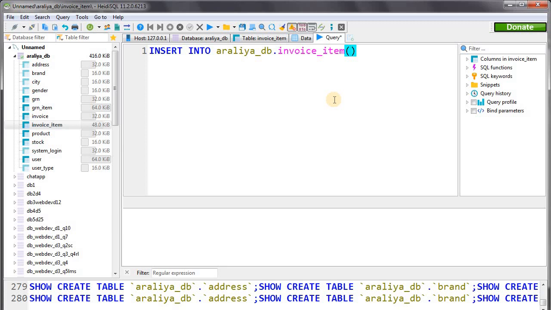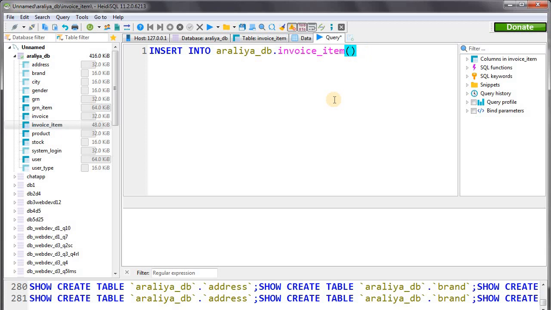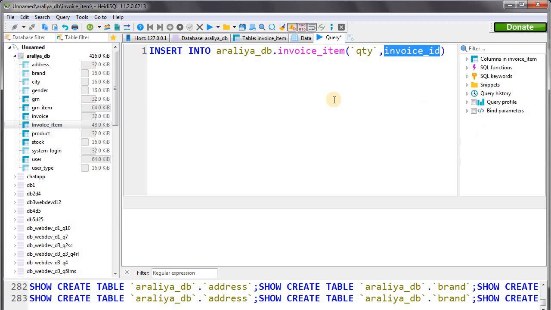Okay, quantity, and invoice ID, the last one is stock ID. Okay, now we can enter our values.